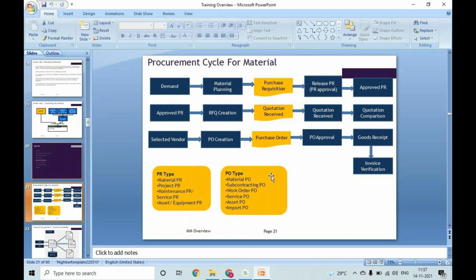Manually, he will download the copy of the purchase order and send it through mail. Then we will have goods receipt. Once the material is sent by the vendor, we will post a goods receipt in SAP, and for the material which is sent, we will post an invoice, that is logistics invoice verification.